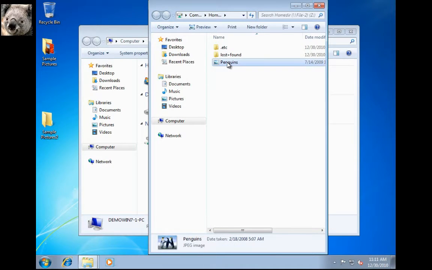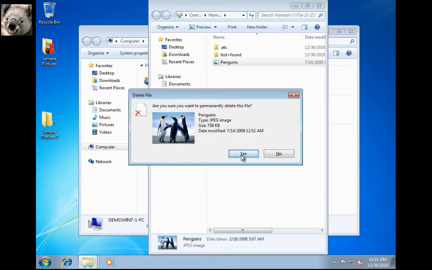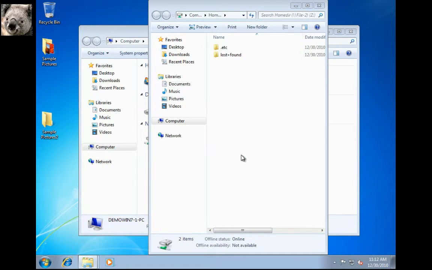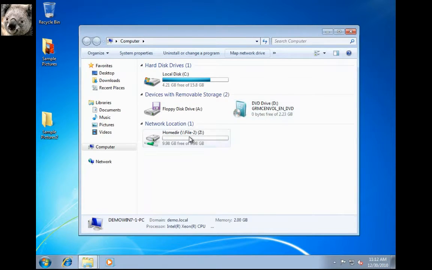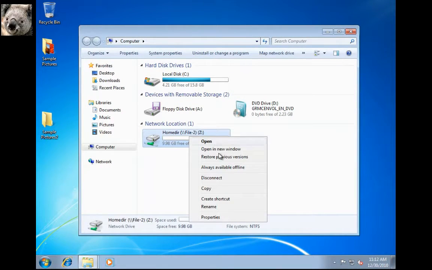Let's go back to the client machine, and let's say someone deletes my picture of the penguins. Really sad to see that go. Now if I look, it's gone from the directory, but if I right-click on that drive and say Restore Previous Versions,